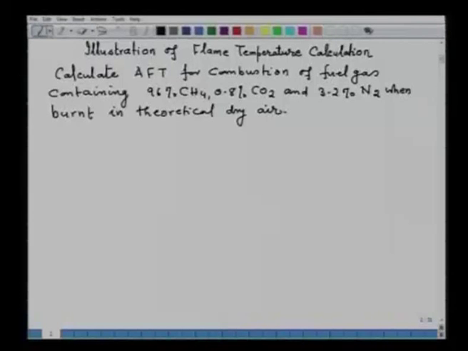As you also know, the dry air contains 79% nitrogen and 21% oxygen, of course, by volume, and the composition of fuel gas is also given on volume percent. As I have said earlier, unless otherwise specified, the composition of gaseous fuels is always given as volume percent, whether it is mentioned or not. So, let us do first of all material balance. So, consider 1 mole of gas.